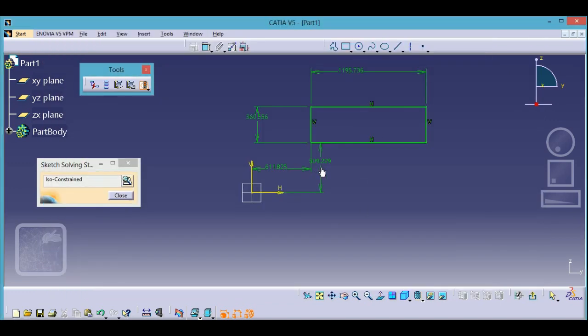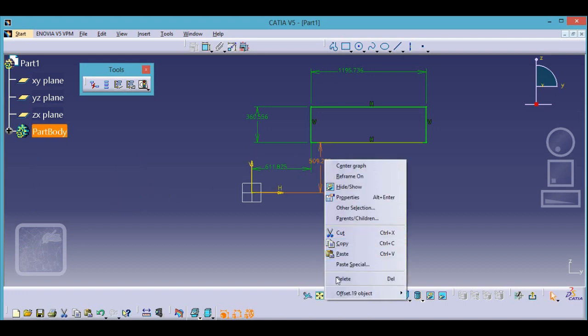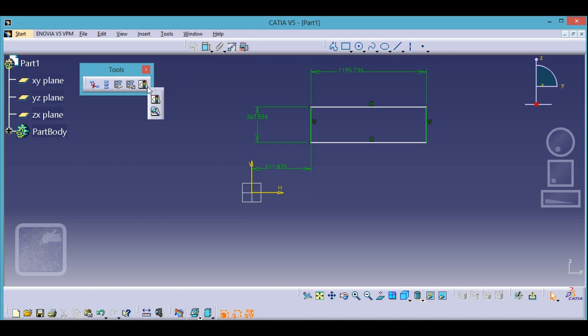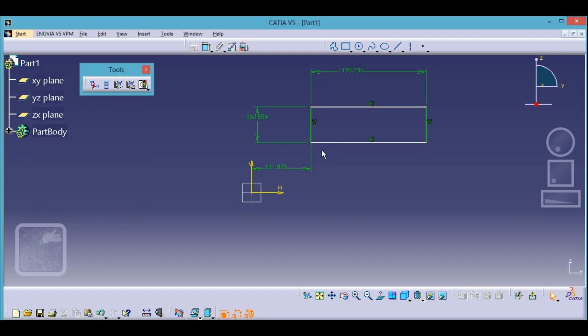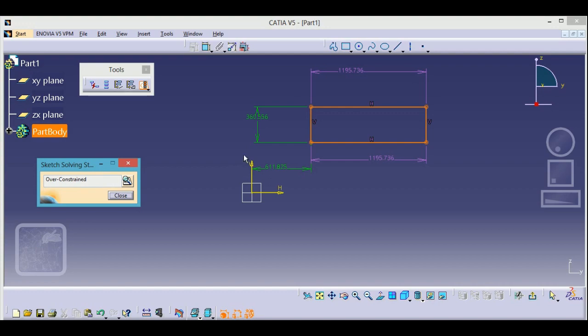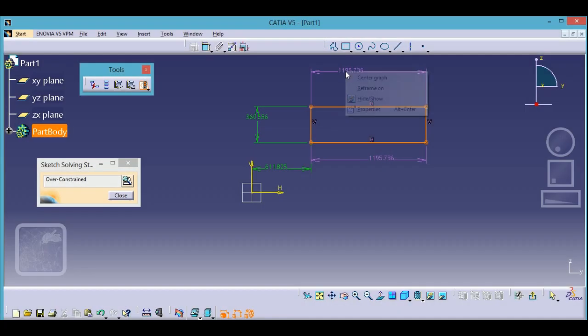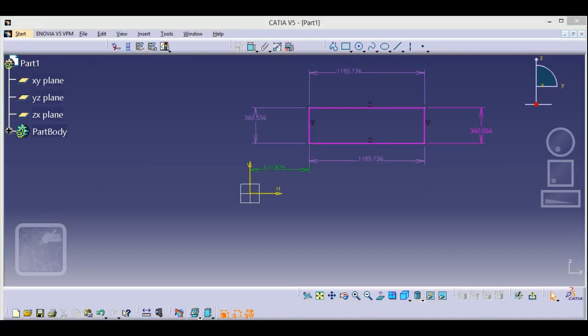If I remove any dimension like this, and check it from here, it will show you under constraint, because it will also highlight that these things are not constrained. If I give a dimension to this, let's see, it is showing you over constraint. And see here that it's showing some colors.